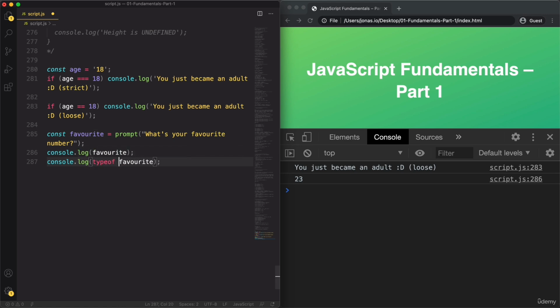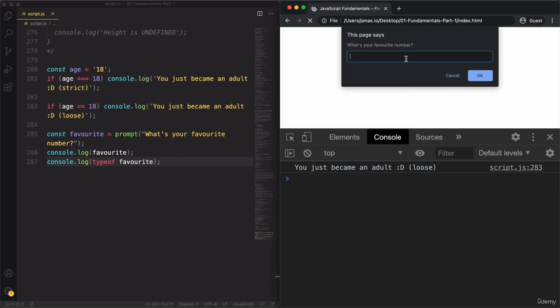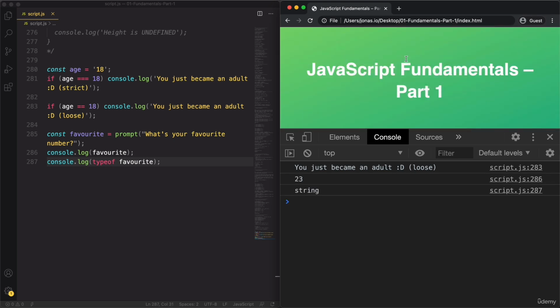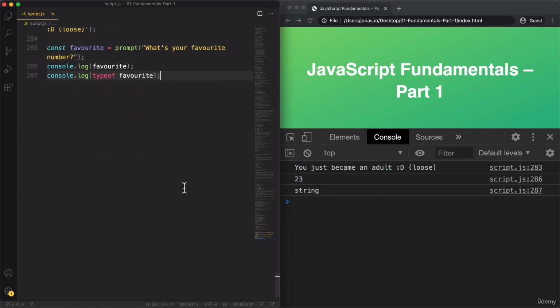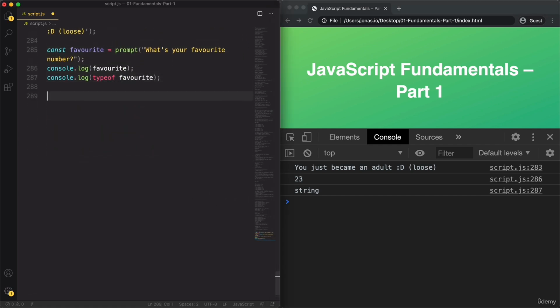By now we know how to always check the type, right? It's pretty simple. And so now we should see string. Of course, we have to give the number again. So 23 is the result, and it is indeed a string. Now let's write some logic here to check if this is a great number, basically. So let's say if the favorite number is equal, and let's use this one first, to 23,